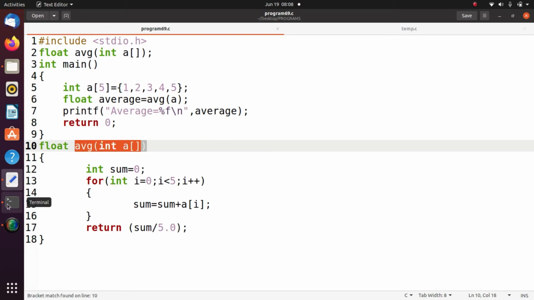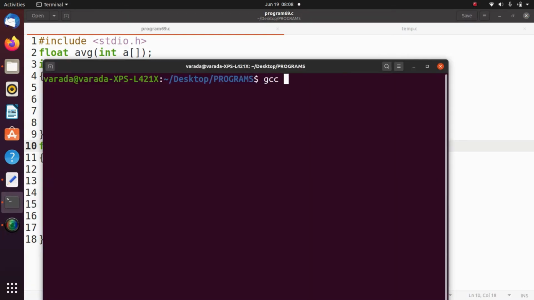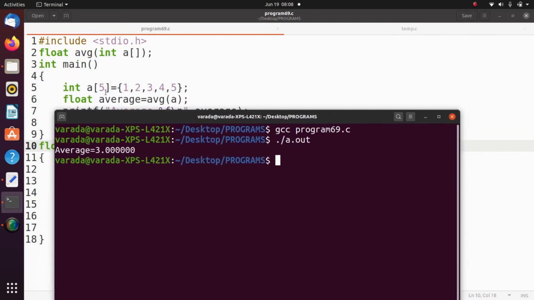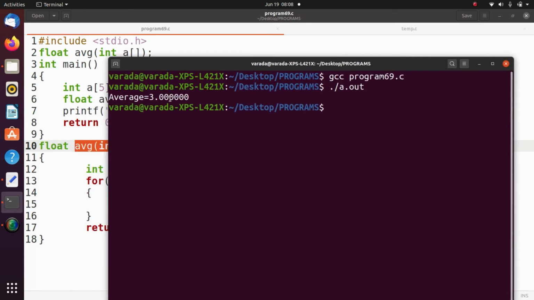We execute the program: gcc program69.c, then ./a.out. Here a of 5 equals 1 2 3 4 5. It returns average 3.0000.